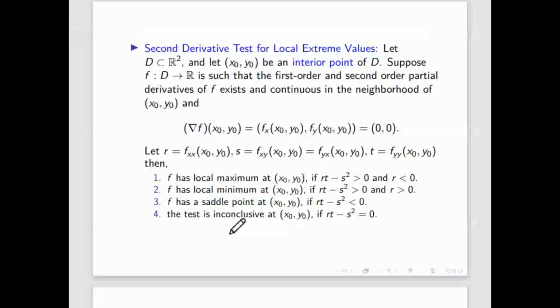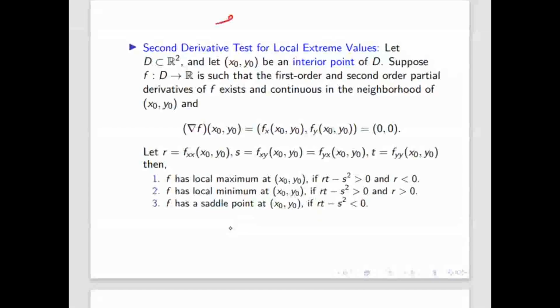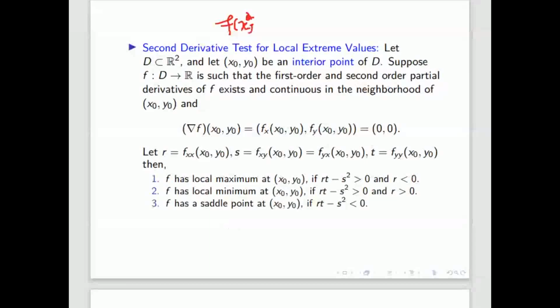Once the test fails, you have to go to the traditional definition. You have to see in the neighborhood of this point whether the function is positive or not. Suppose I give this function f of x comma y. Is this function always greater than or equal to 0? Is it equal to f of 0, 0 or not? So can you say that (0, 0) is maxima, minima, or saddle point?